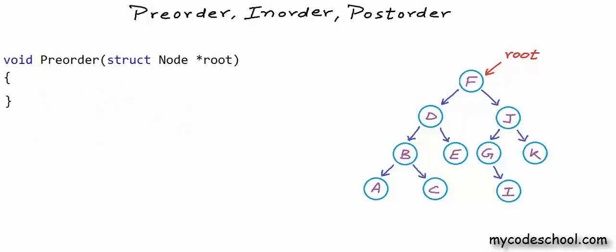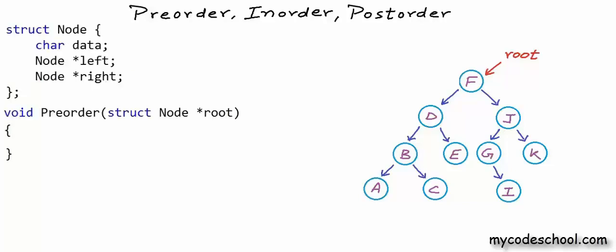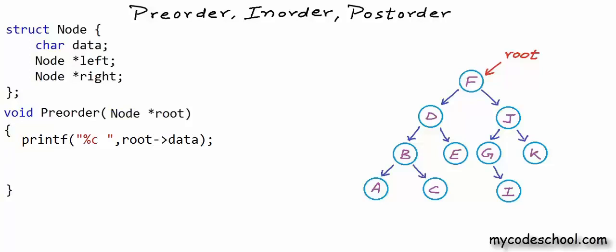In C or C++, my method signature will look something like this. This function will take address of the root node as argument. Argument type is pointer to node. I'll define node as a structure with three fields like this. Data type in this definition is character, and there are two fields to store the addresses of left and right children. Now in preorder function, I'll first visit or print the data in root node,